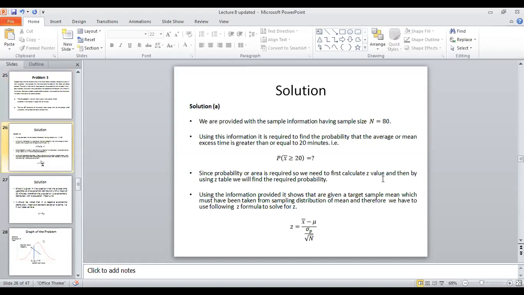And remember that these sample means are the means of the access time. So you can also put it this way: the probability that the average access time is greater than or equal to 20. You have to find the chance of occurrence of this. Again, since the probability is related to the sample mean, we have to make use of the Z formulation, which is used for the sampling distributions of the mean. So the first step would be to calculate the Z value using this formula given over here, like the previous questions. And the second step would be to find the probability or the area related to this